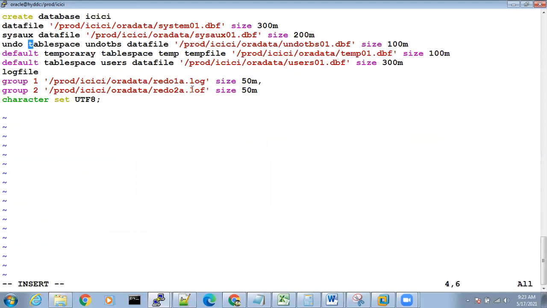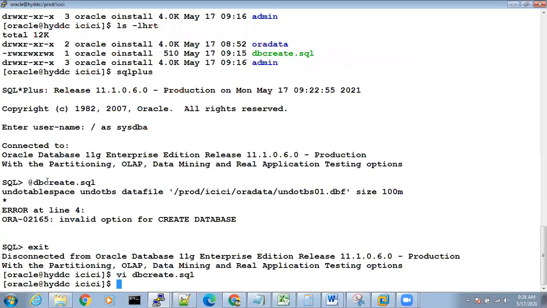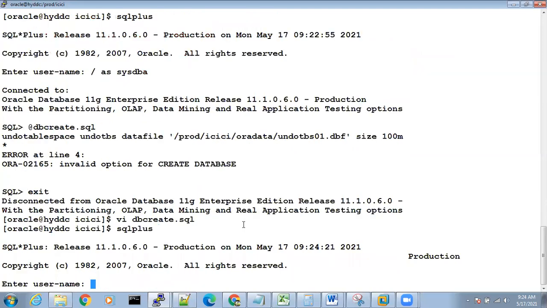And if you remember, you already made another mistake also. Let's see what happens. Or else you can actually change this mistake also. Anyways, just to show you, I made this mistake wantedly. If you make any mistake when you want to create a database, it will not be created. It will throw you an error. That is the purpose I made the mistake wantedly, right?